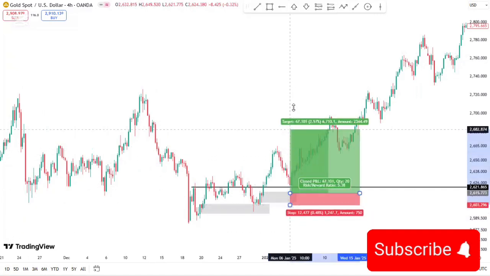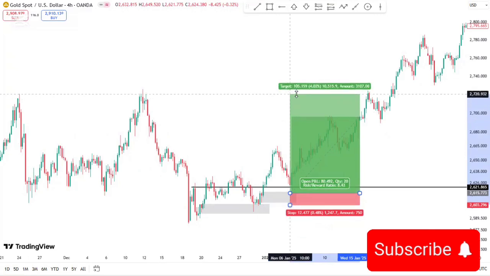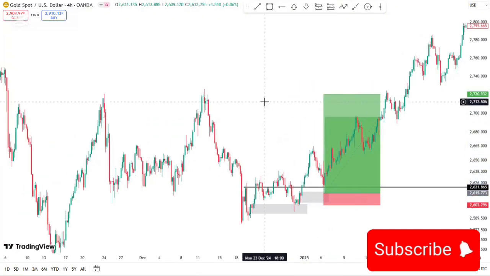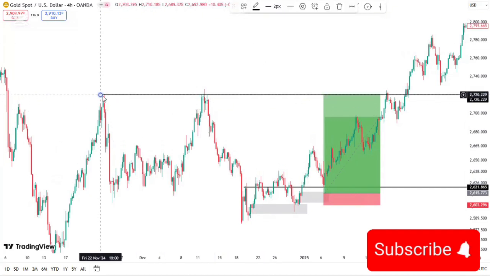Give the market a space to breathe. Your stop loss up there. But now I'm just gonna show you where you were going to place your stop loss. But we just don't trade based on